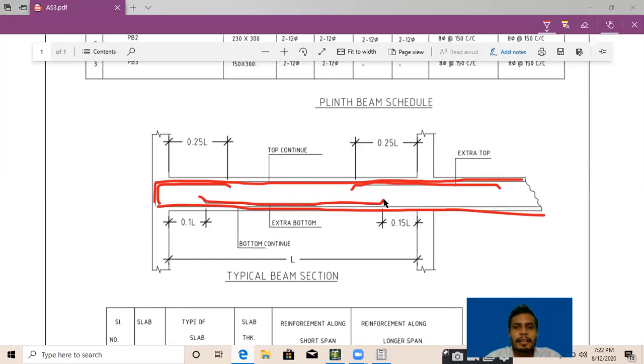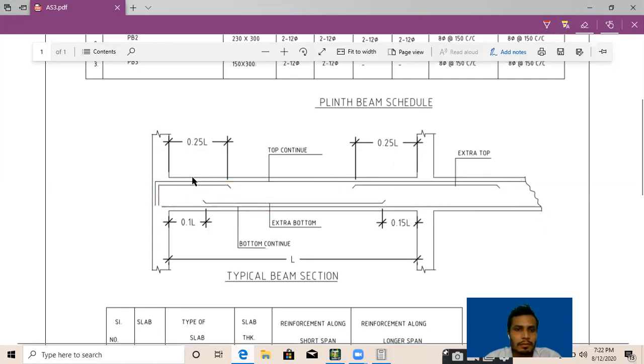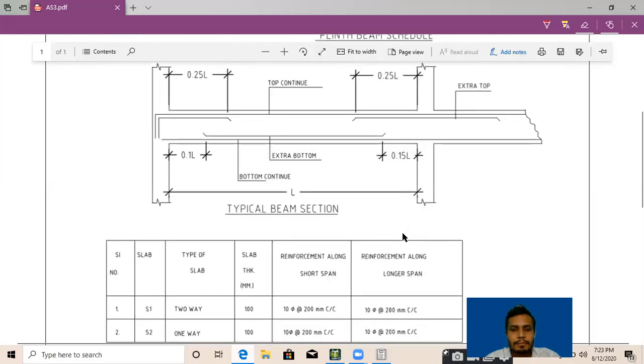We need to provide that diagram so that the site engineer can understand easily. And the distance is from the face of the column to the end of the bar, 0.25 L. And here also 0.25 L, 0.1 L or 0.15 L we can provide. And in the next support, there is also 0.15 L.